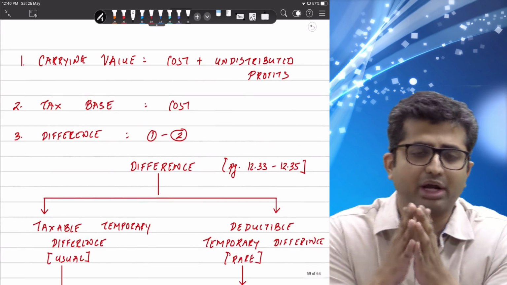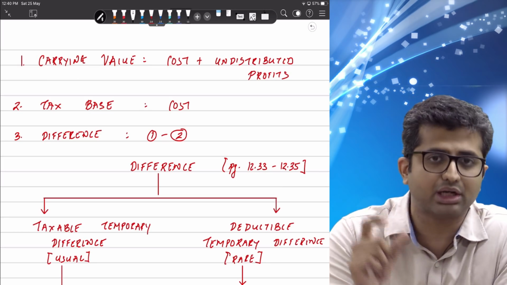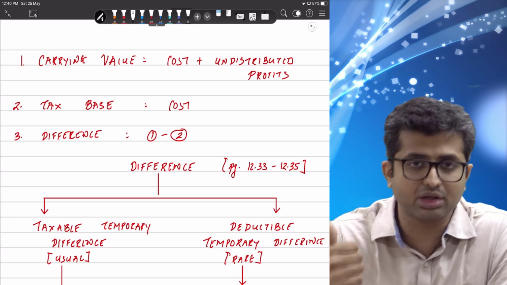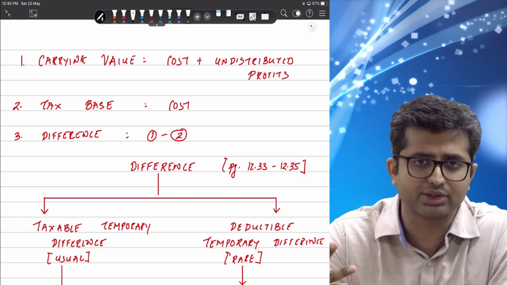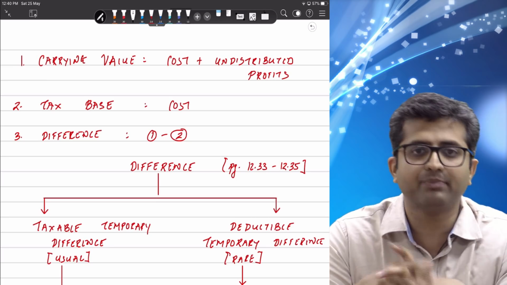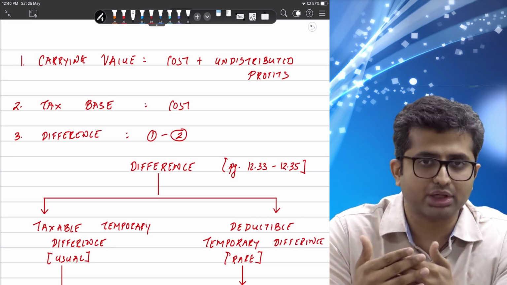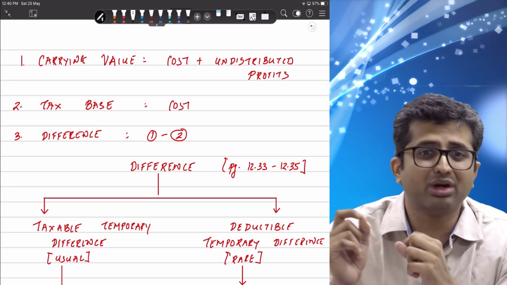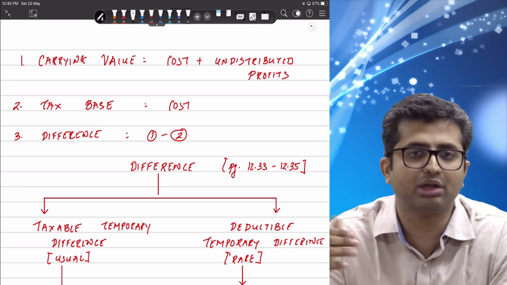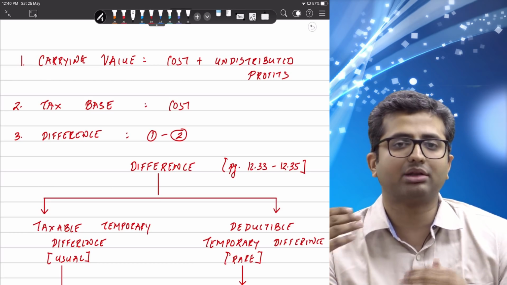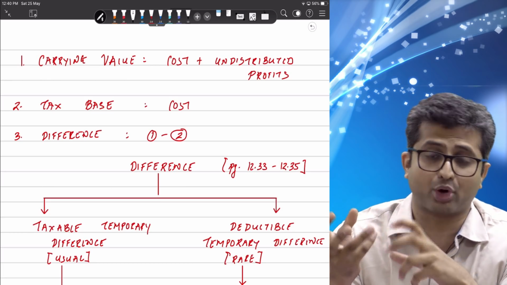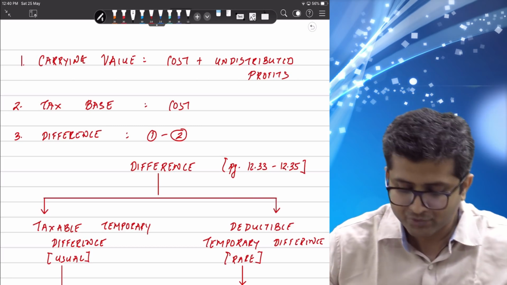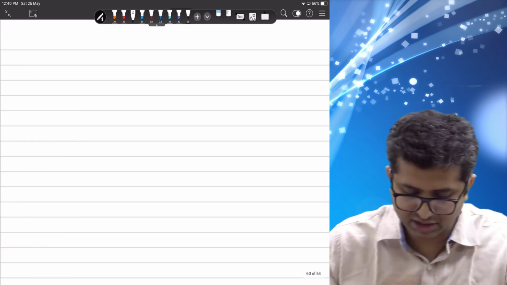Over here we are trying to figure out whether we need to create any deferred tax on investments that are happening in subsidiaries, in associates, in joint ventures. Why does deferred tax come into the picture? Investment in associates and investments in joint ventures are accounted using something called the equity method in the books of accounts. Under the equity method, your share in the profit is added and dividend, if it is distributed, is deducted. So any share in your profit.